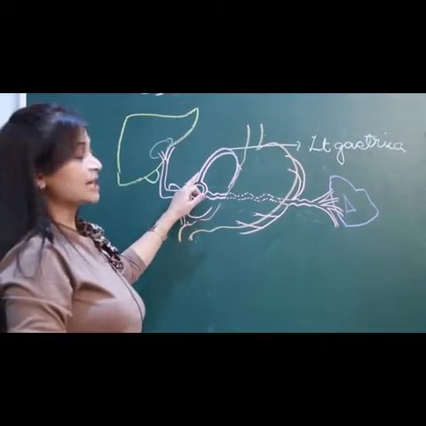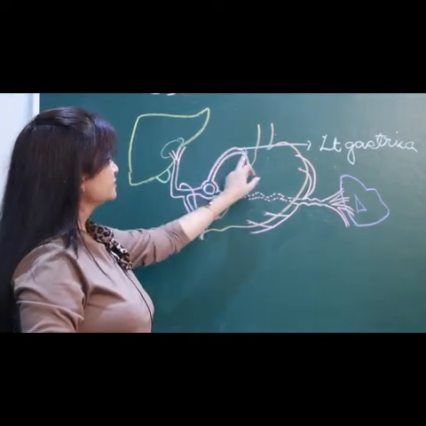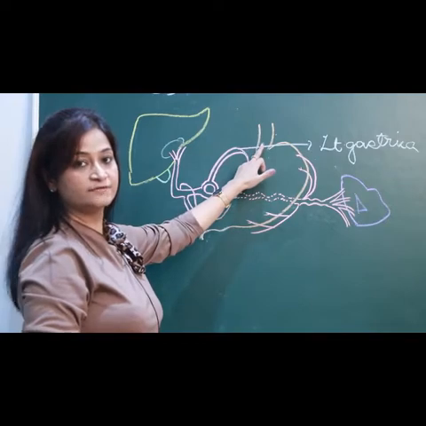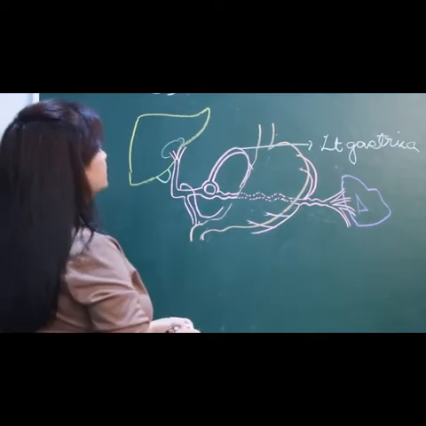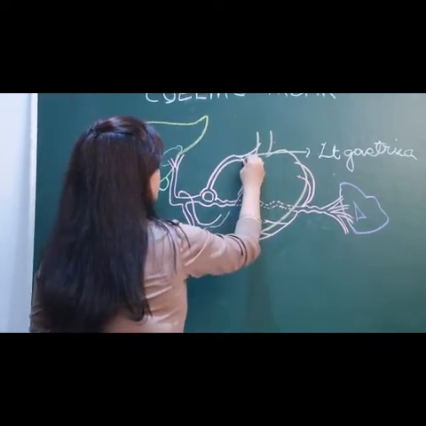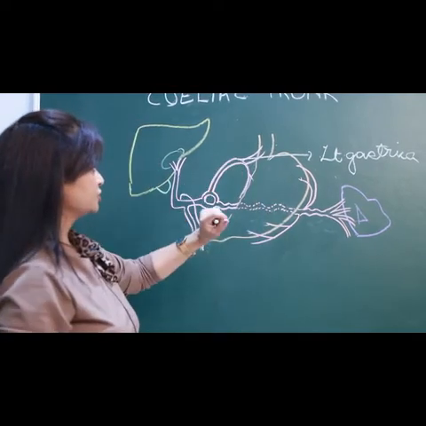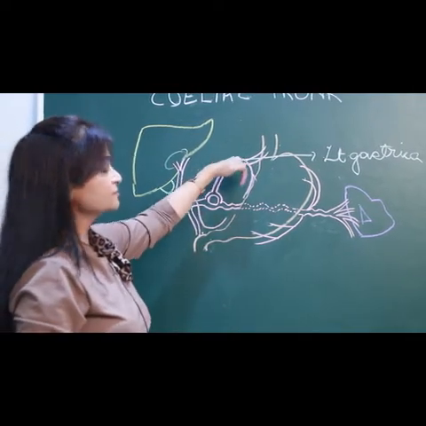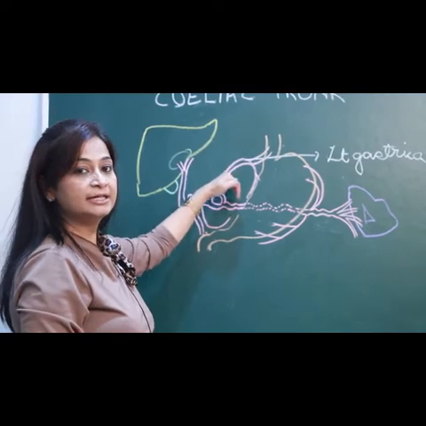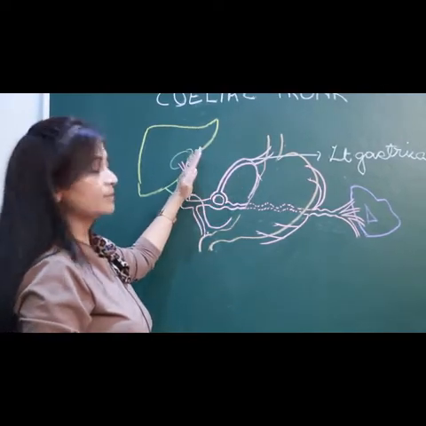It runs slightly upwards and to the left till it reaches the cardiac end of stomach. Here it will give off certain esophageal branches, and then it curves downwards like this and enters the lesser omentum,